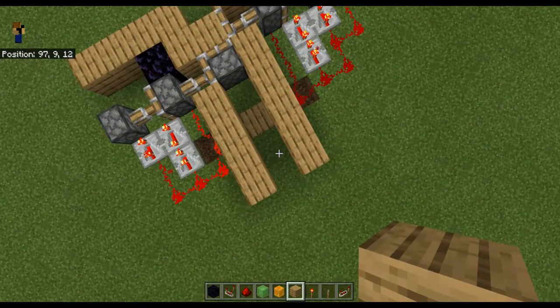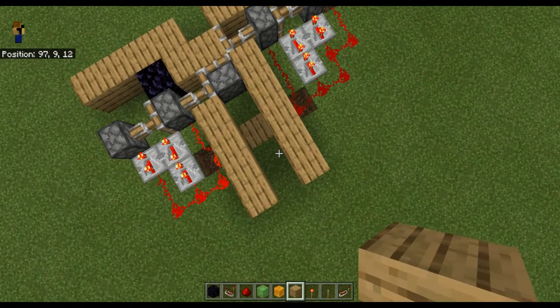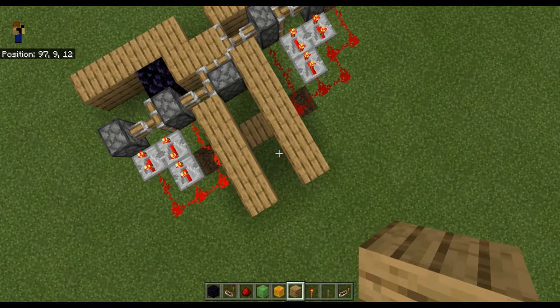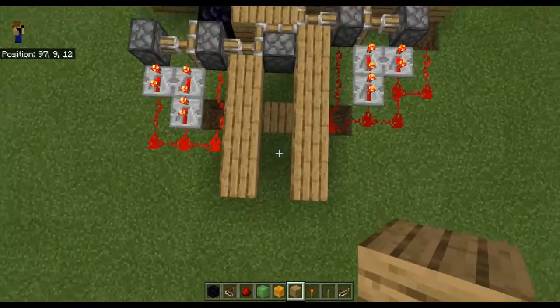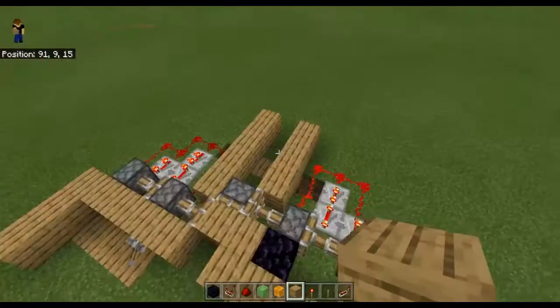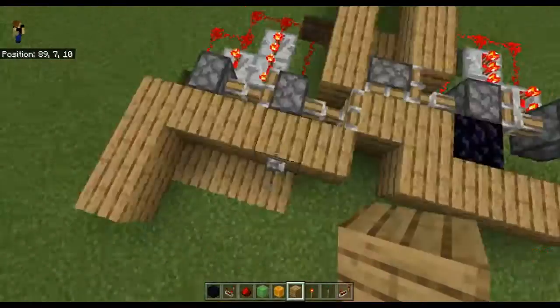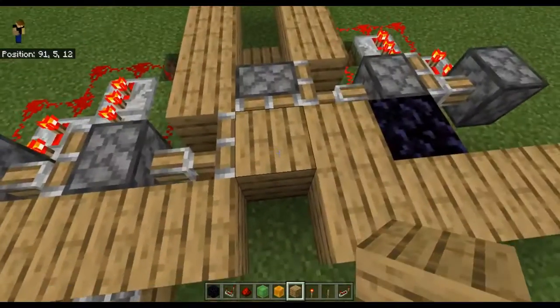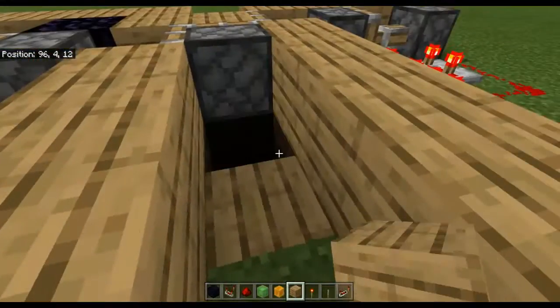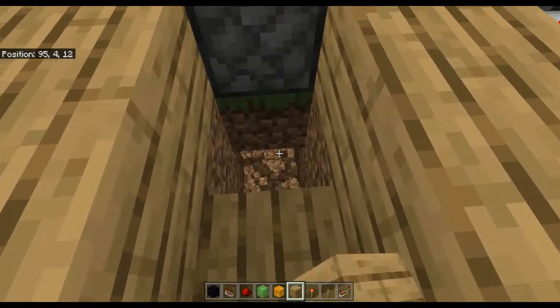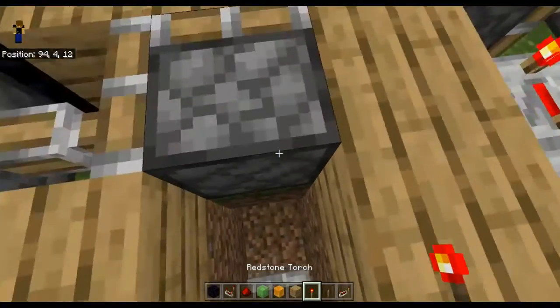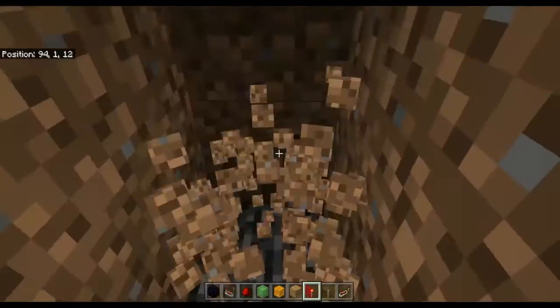Maybe... No, I don't think that would work. I guess I'll just work this out later. But yeah, I need to power this block